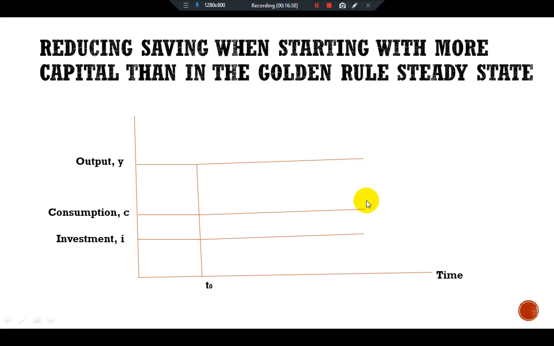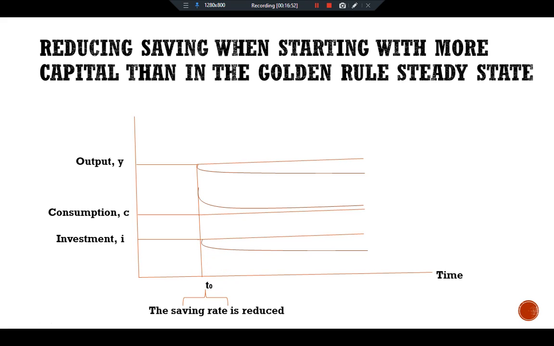Okay, reducing saving will eventually increase the consumption level and reduce output, and that will reduce the level of investment in the economy. Now we discuss what actually happens here. This figure shows what happens to output, consumption and investment when the saving rate falls. The reduction in saving